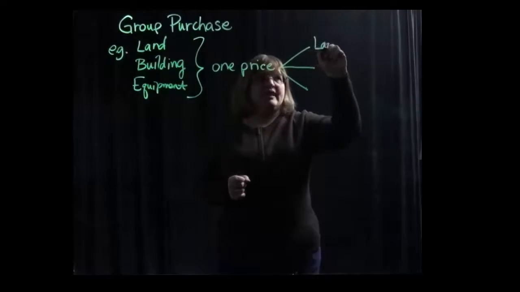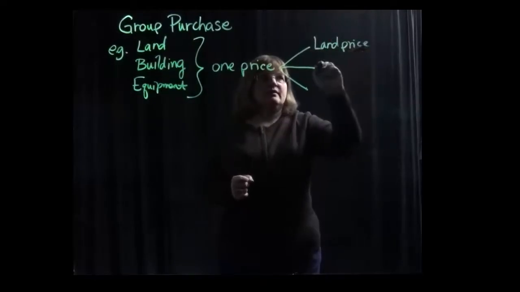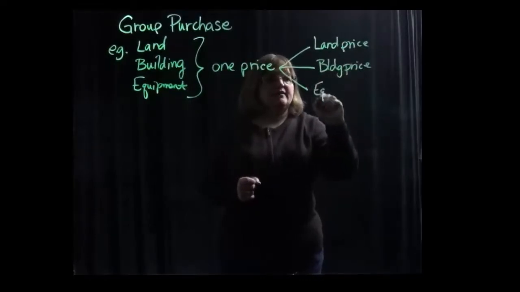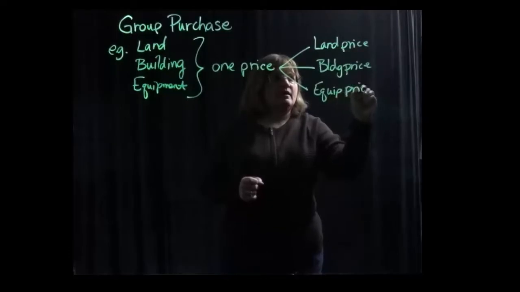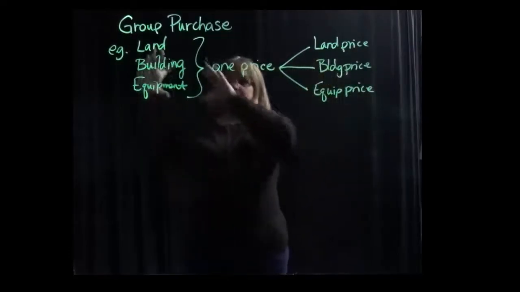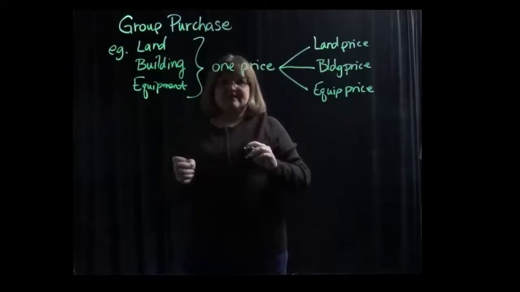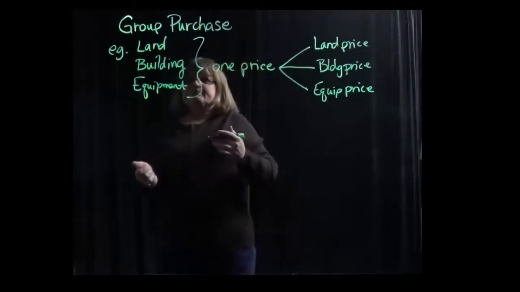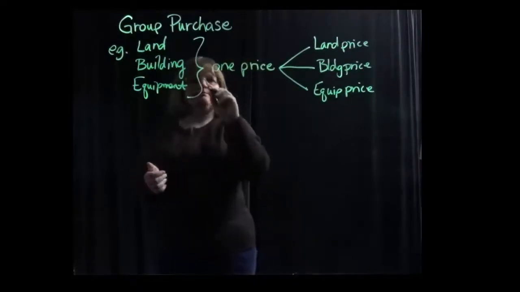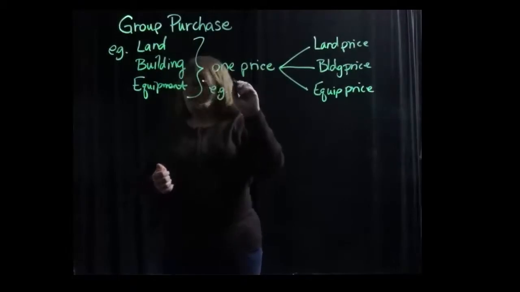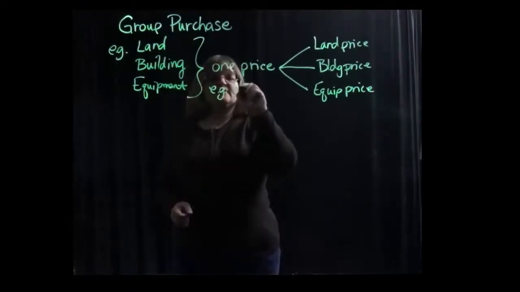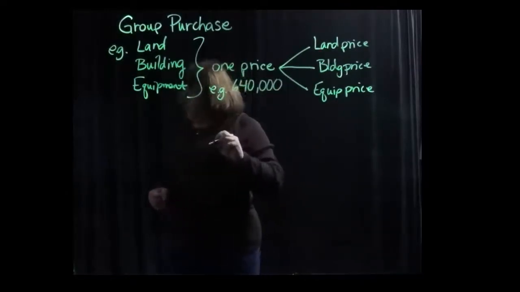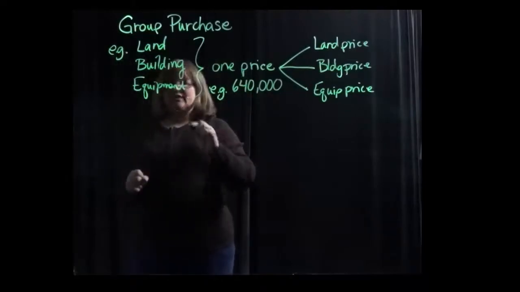And so you would come up with a land price and a building price and an equipment price. And you're going to get those prices based on the proportion of the value of each of these assets, the total value determined by some kind of an appraisal. So, for example, let's say we bought this package and paid $640,000 in total,